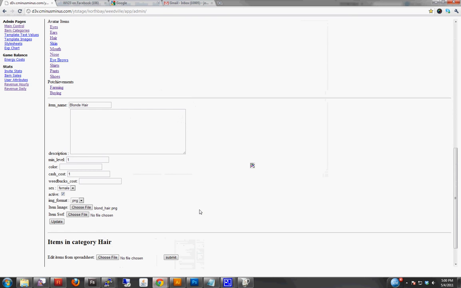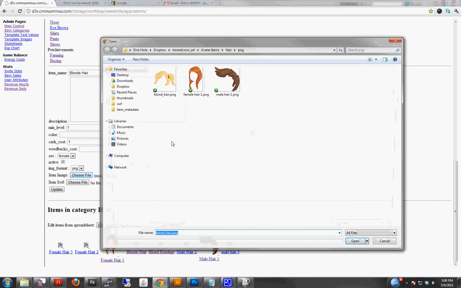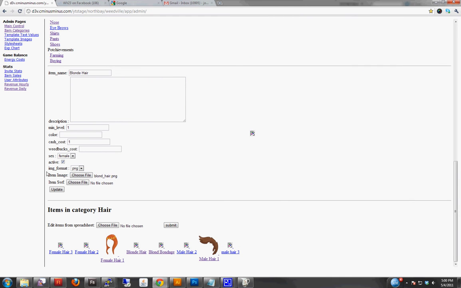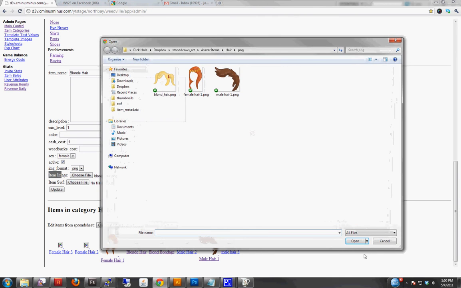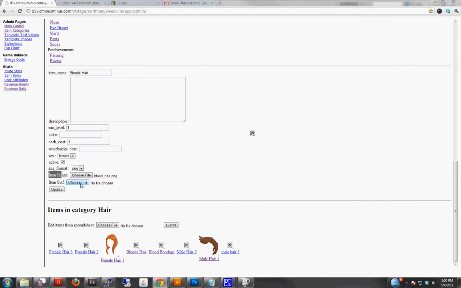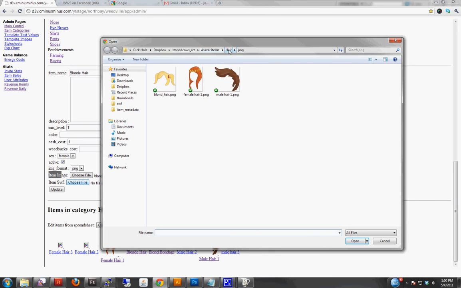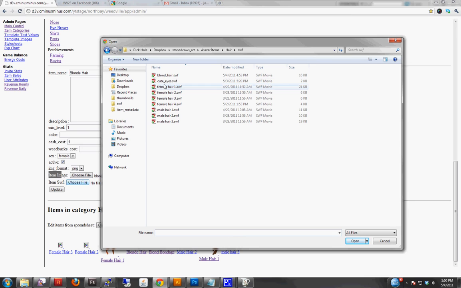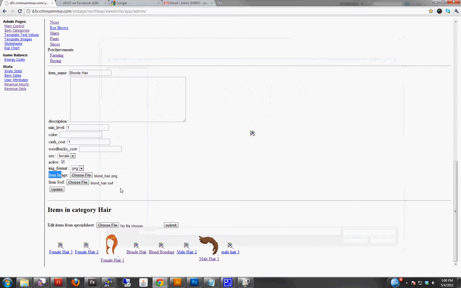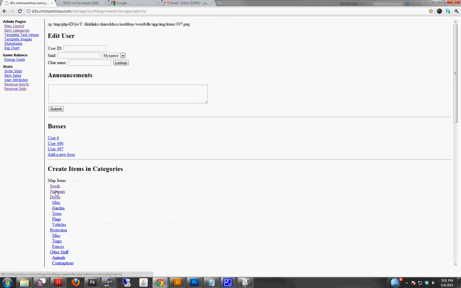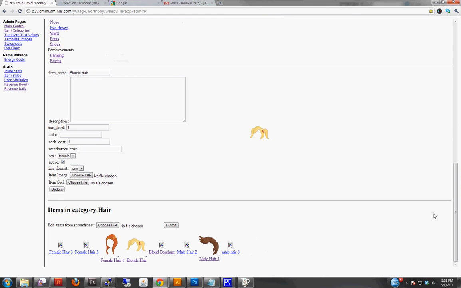Now we can go back into the interface, select the blonde hair thumbnail that we just created for item image, and now for SWF, we're going to upload that SWF file that we published. We called it blonde hair. Just select that and just click update. We'll see it right there. That's the thumbnail. Now if you want to actually see it in the game,